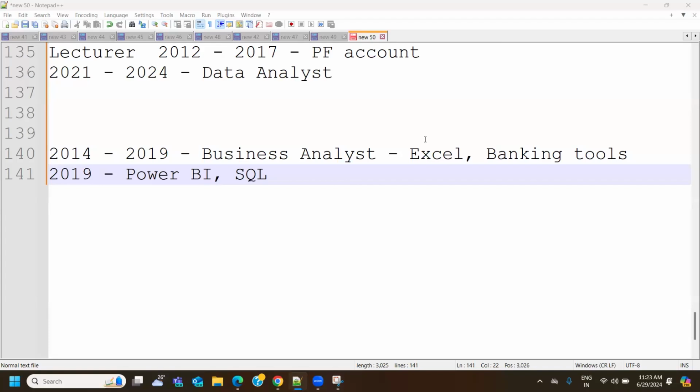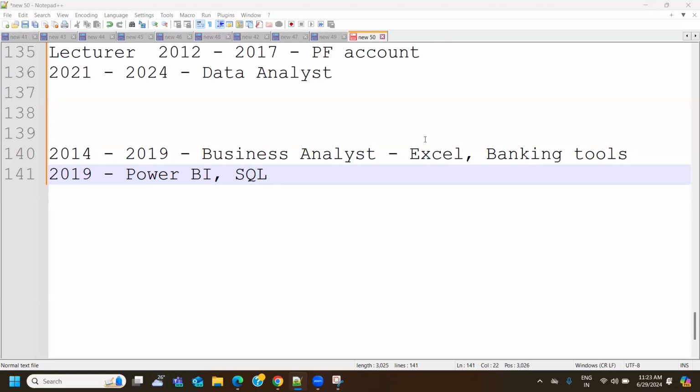You can always showcase. See, if you ever feel that switching directly from a non-tech to a tech role, or some other role to data analyst, raises a doubt, it is a human tendency to always wonder whether HR or the interviewer will ask this. You have to explain it systematically: I was working in so-and-so non-tech role, or a completely different tech role. Then I got an opportunity when Power BI started gaining market presence.